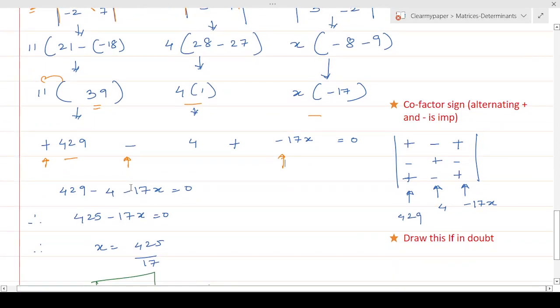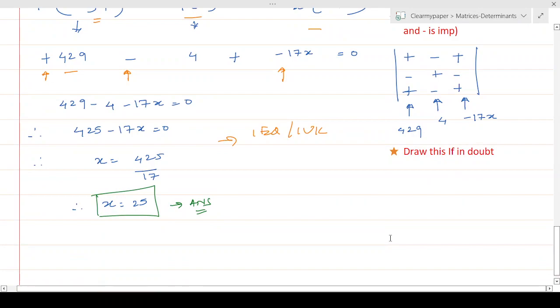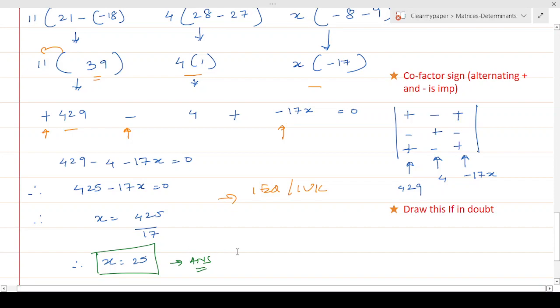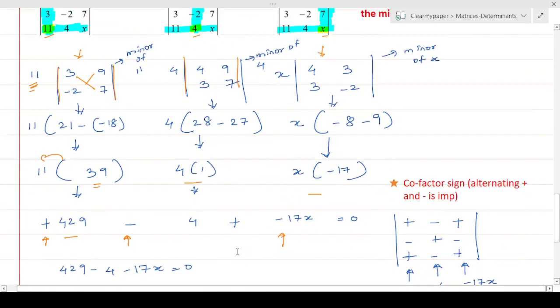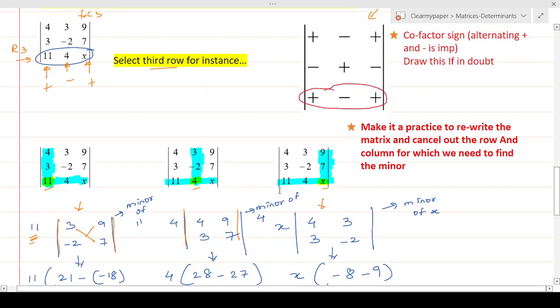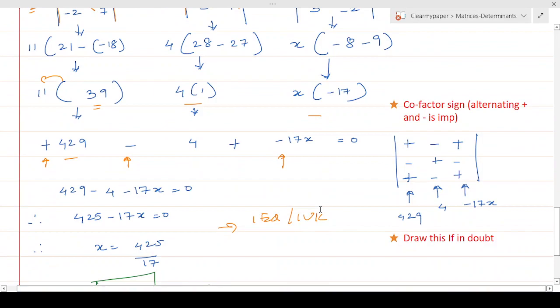Again, I'll get one equation, one unknown, like the previous case. One equation, one unknown, we know how to solve, and the answer is again going to be x is equal to 25. So the answer does not really change based on which row or column you choose for the determinant. The only tip is to always rewrite this matrix in this format and physically cross out, using a pen, the rows that you don't want, so that you don't make mistakes. And always get in the habit of writing this cofactor cheat sheet, so that you don't forget and you don't do mental math. You just tie out one on one, so that you don't make a mistake.